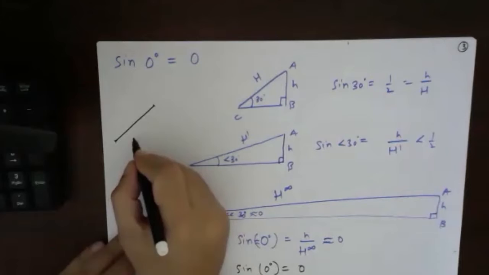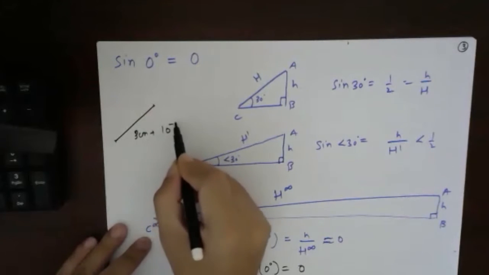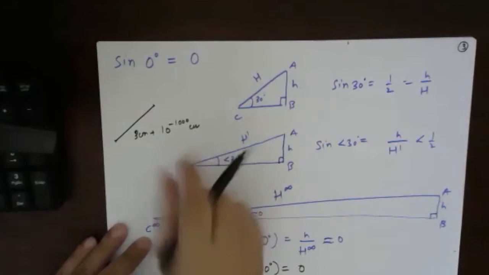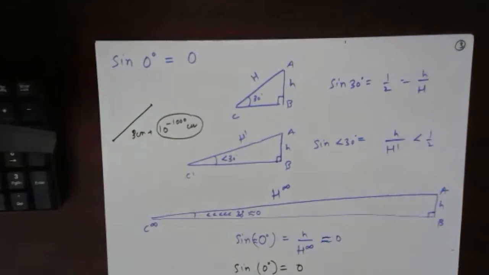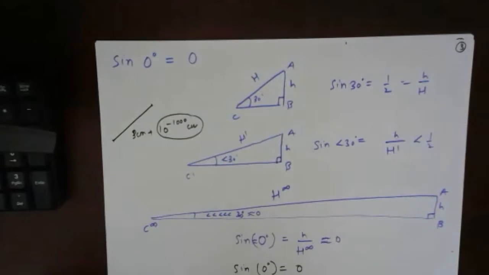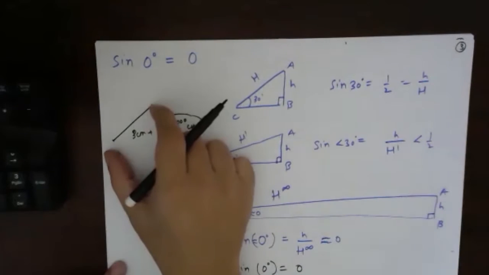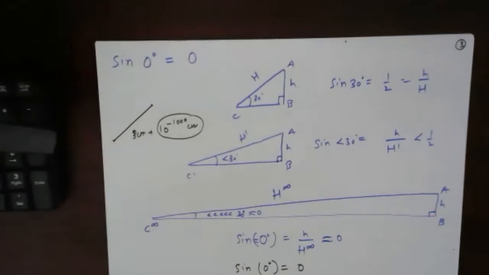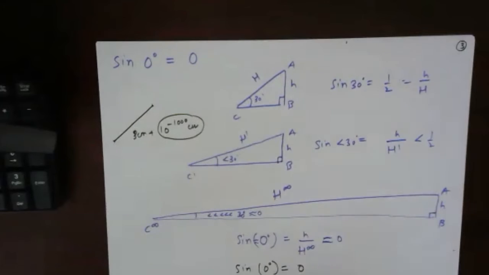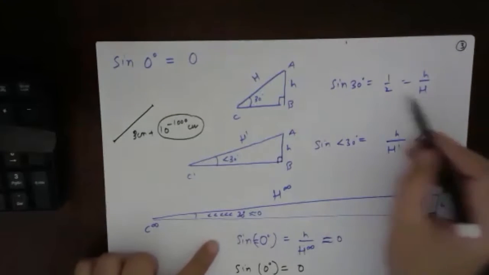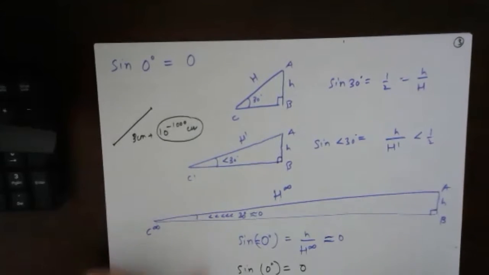Even if the total length becomes 3 centimeter plus 10 to the power minus 1000 centimeter, maybe the error is that small, but there will be an error because there is no perfect scale. Even if you magnify infinite times, there will be some error. So all trigonometric ratios are approximate, but this approximation comes out almost equal to 0, and we are okay with that.